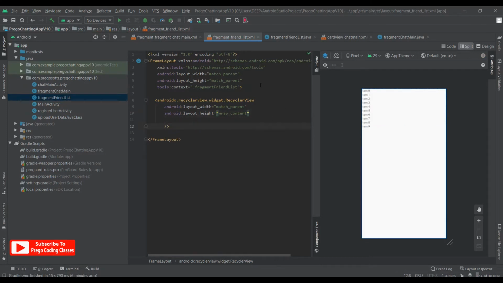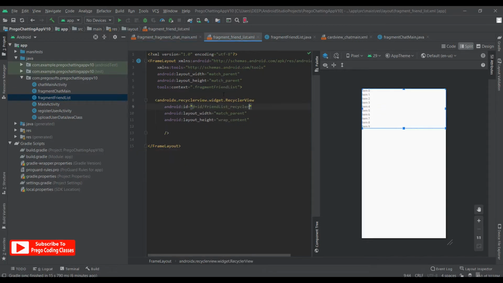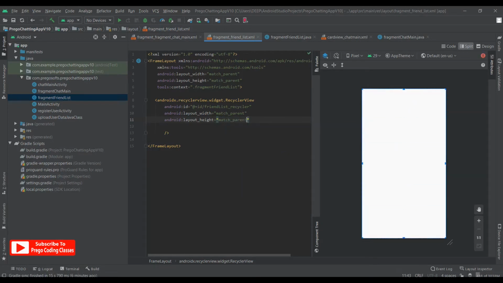We'll specify an ID for this one. So the ID would be friend list recycler. That's it. Okay, let's make the height match parent only and not wrap content. That's it, we are done.